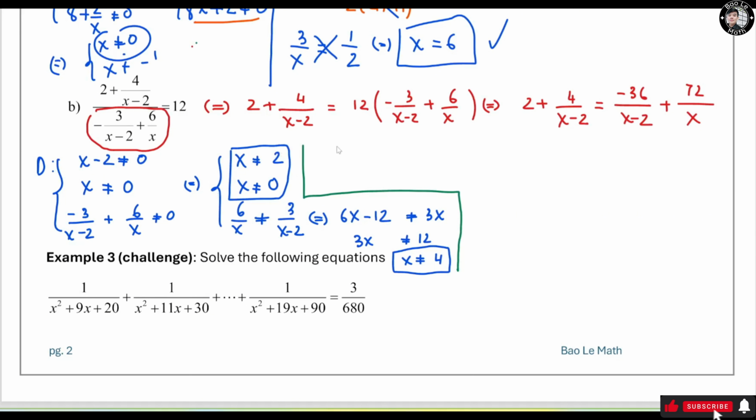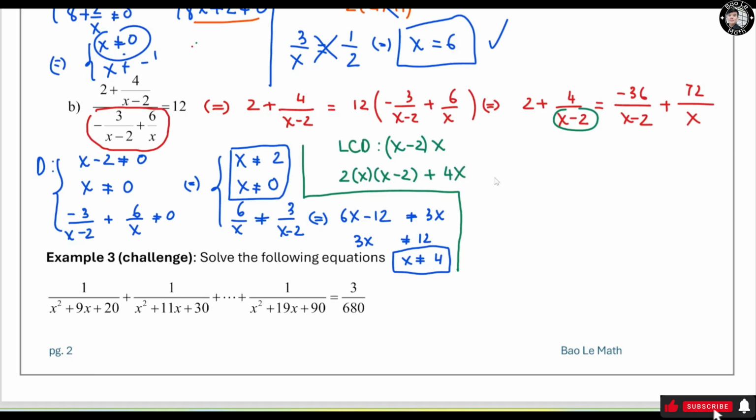We need to find the LCD, right? So the LCD is this guy right here: s minus 2 appears one time, and then s right here, right? Now we're going to multiply both sides by the LCD, right? We have 2 times s minus 2, right? Now this guy has s minus 2, so we only miss s right here, right? So we have